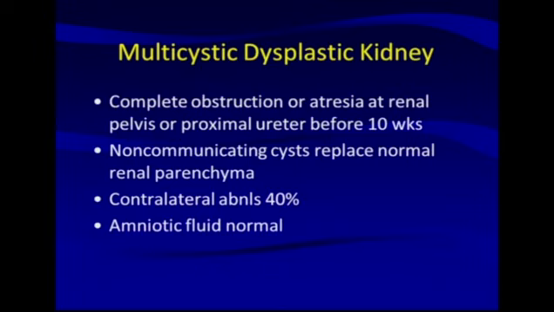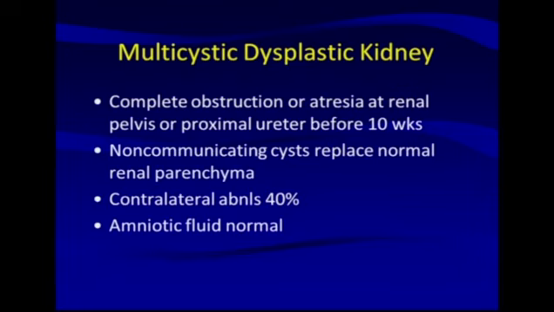And fortunately, the other kidney is normal, will generate urine, and there will be a normal amount of amniotic fluid. In some cases, particularly UPJ obstruction can be seen in the contralateral kidney. So when you see multicystic dysplastic kidney, you need to look at the other kidney for